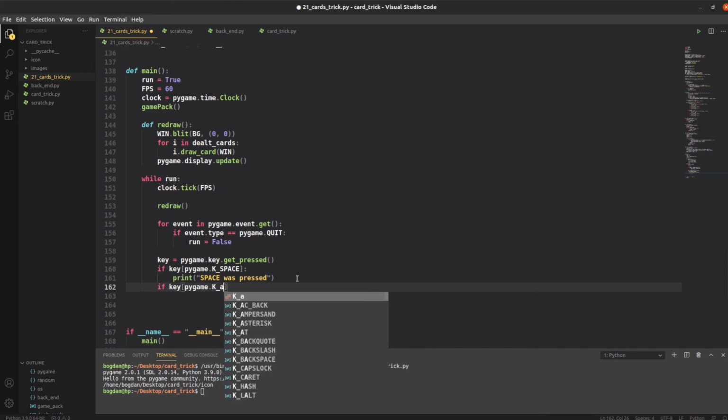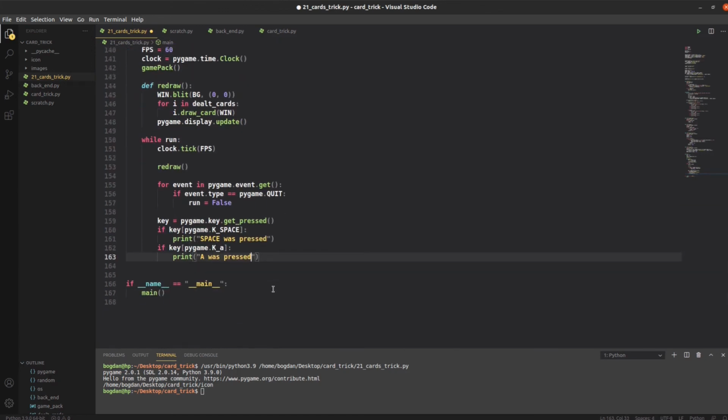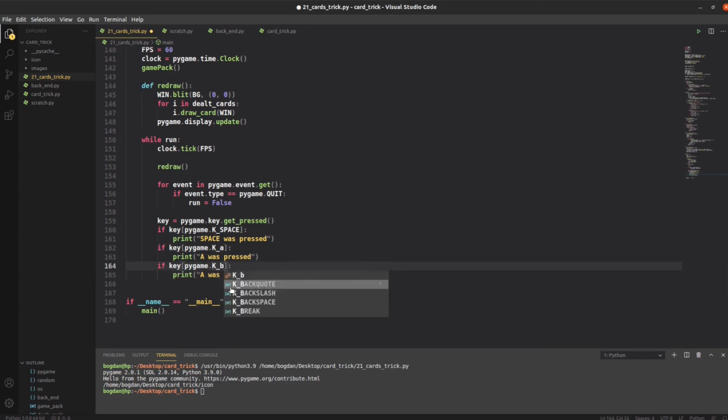Okay, A: print A was pressed. And the last one, I just copy this and let's keep B: B was pressed. Okay, if we try to run it now,